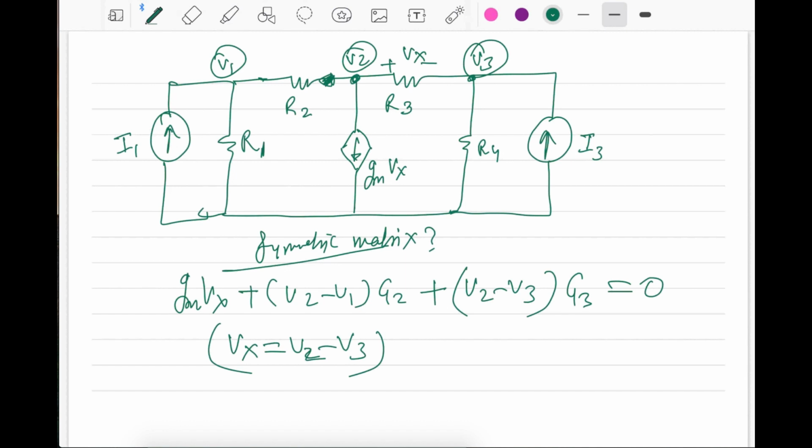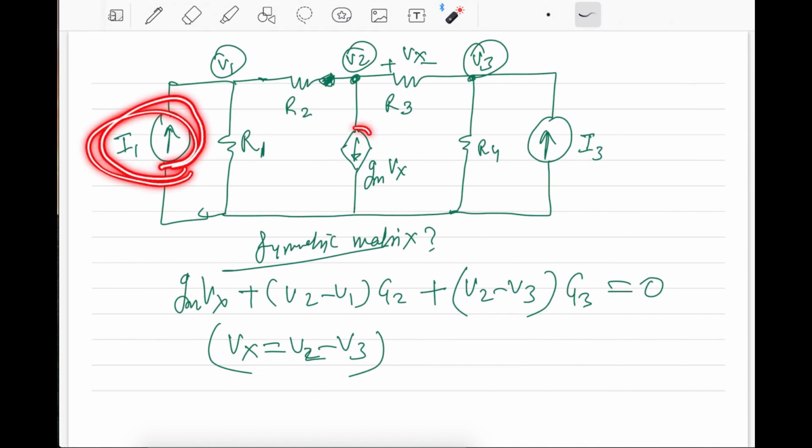Any questions here? Can you explain this once again? For this node 1, why did we not assume a Gaussian surface? First of all, it is not a voltage here. Please note, it is a current source. It is the same thing as this, but the only difference is that it is a constant current source here, which is I1, and here it is a dependent current source. So that is why we do not assume a Gaussian surface here, because you already know what current is flowing inside.